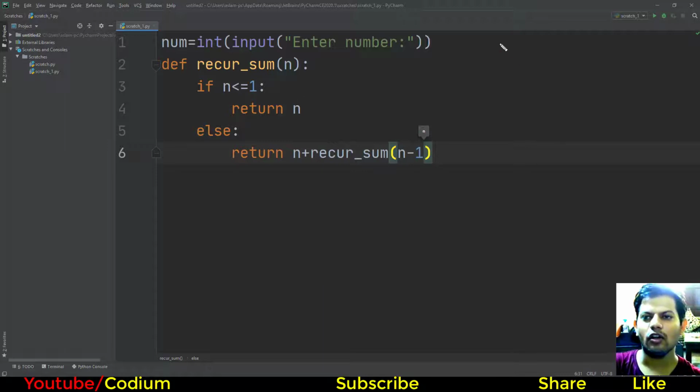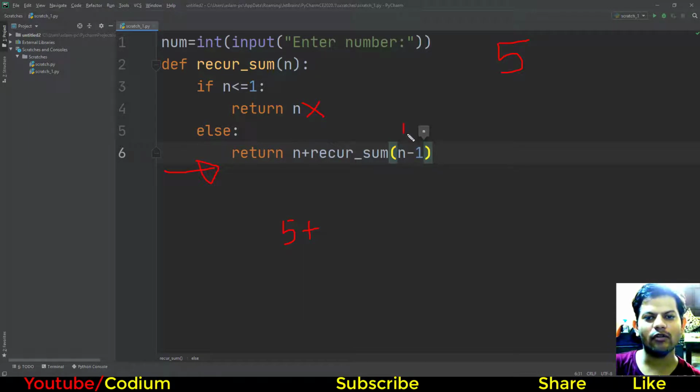For example, user input 5. So if user input 5, it means n value 5 is greater than 1. This is not satisfied, now this executes. Now return value n is 5 plus the function of n minus 1.